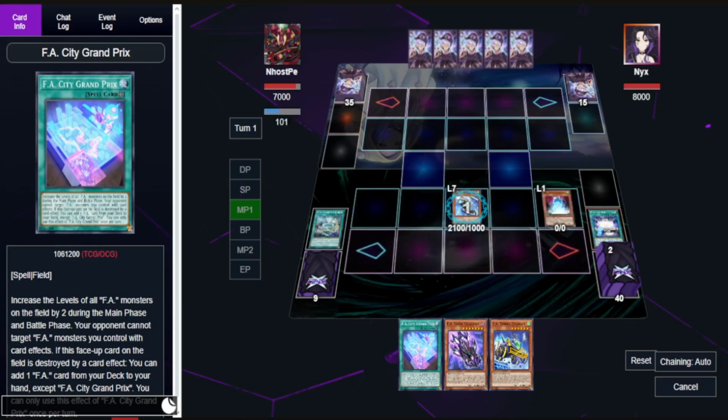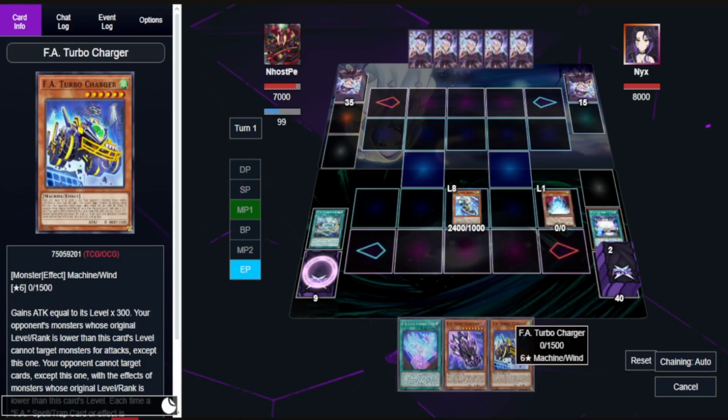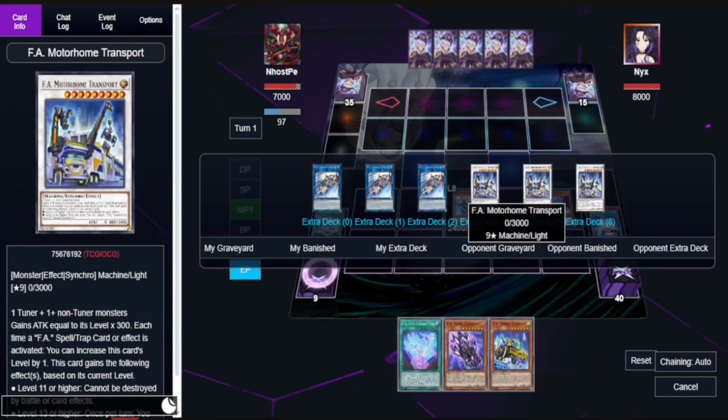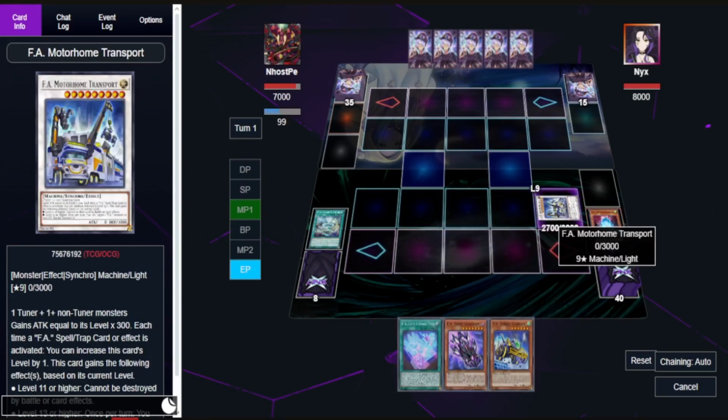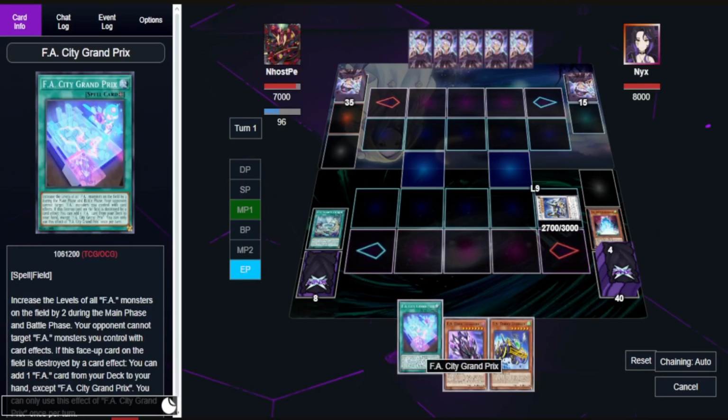Sonic Meister triggers again. It becomes an 8, and then I can make a 9. Alright, so I can make a Synchro 9 here. We're going to make Motor Home Transport using those two. Motor Home Transport has been summoned. Then what we can do,